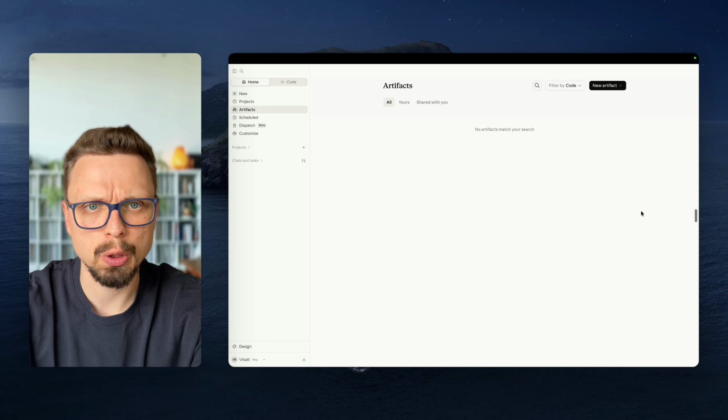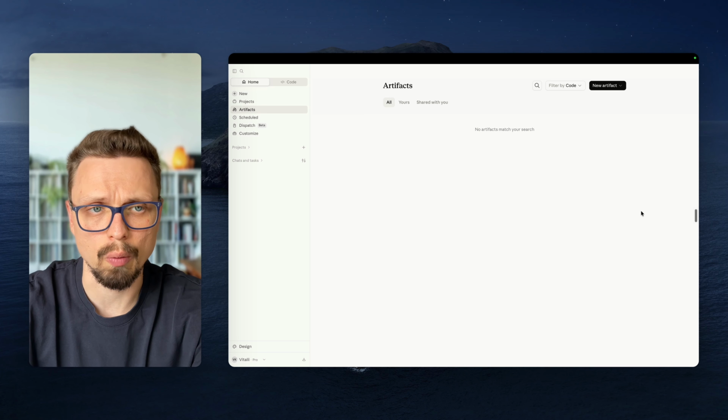How to start using artifacts on your Claude account. You need to download the app. I always use the app on my laptop or computer. In the left sidebar, you can find the artifacts tab, and there you can choose new artifact. Here you have 2 options, using chat or Co-work. Co-work works best if you want to save all your files on your device. But for this case, I will use the chat.